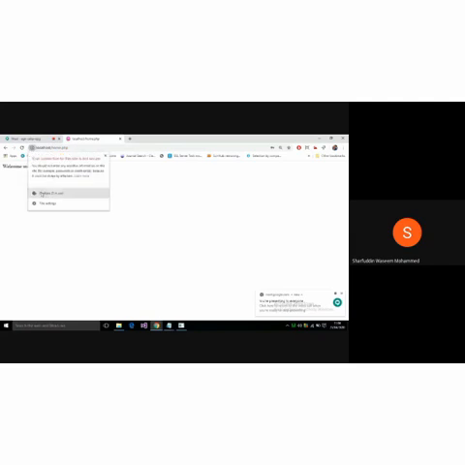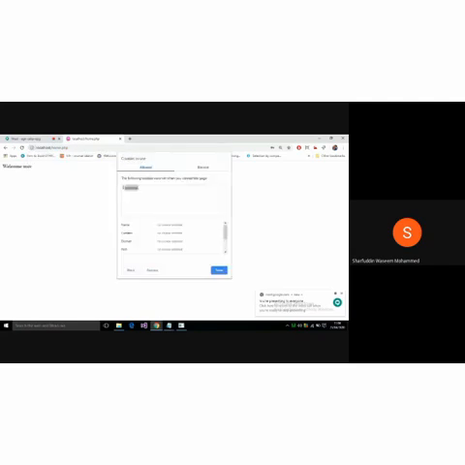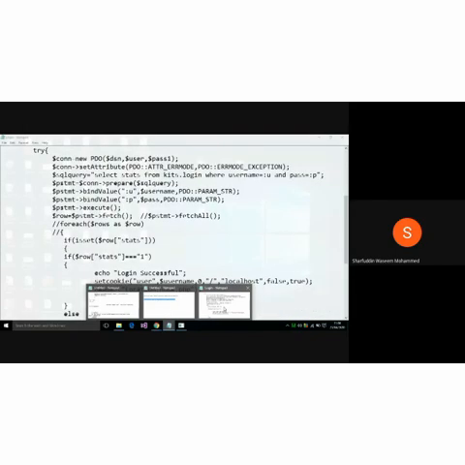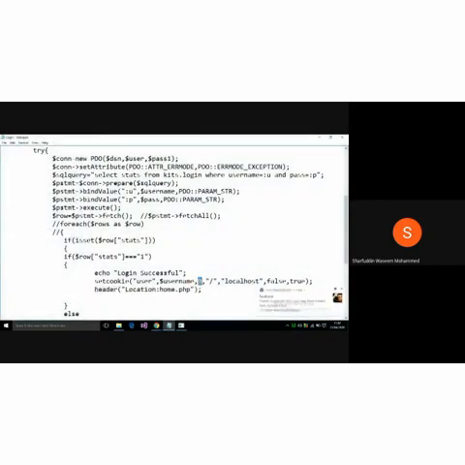So here you can see the cookie is there, and you can expand this and you can check the cookie. Now when the browser session ends, the cookie is ended. Why? Because I told you that when the browser is closed, when you give a value of 0, the cookie will also get deleted.